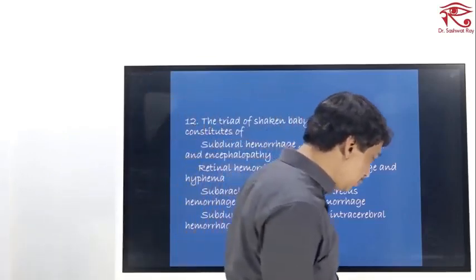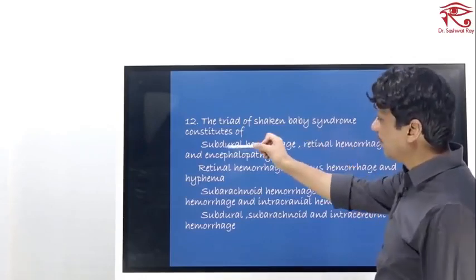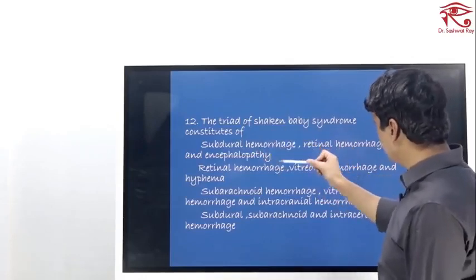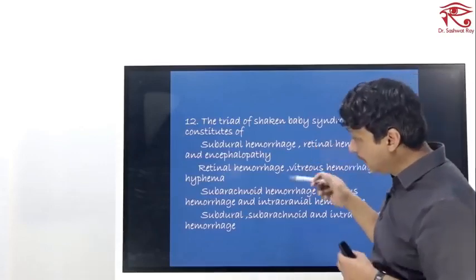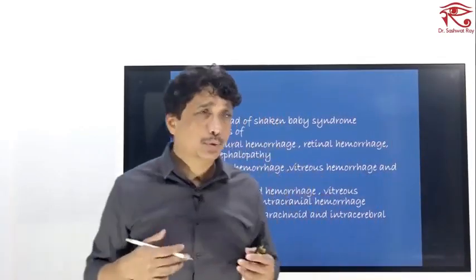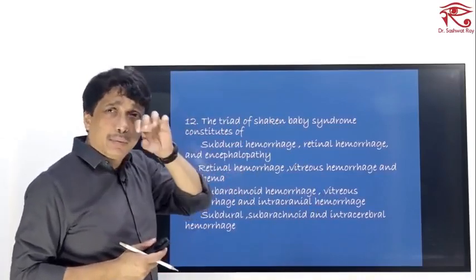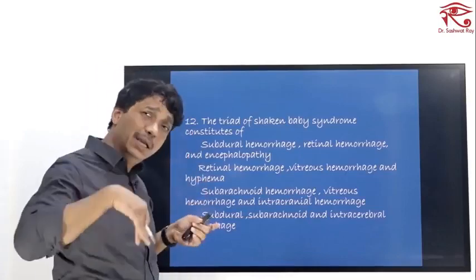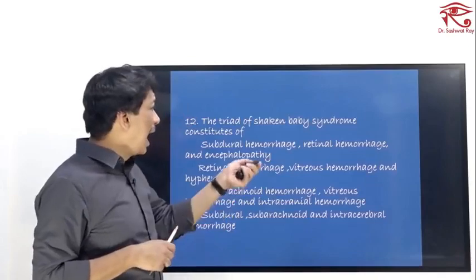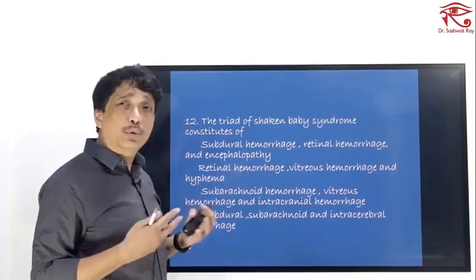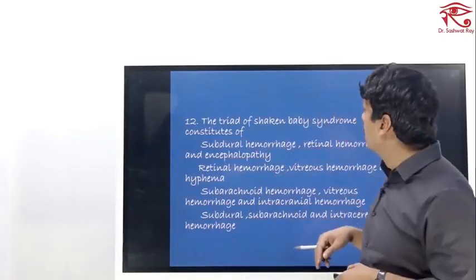Well, as you can make out, most of you, the answer happens to be A, a combination of subdural hemorrhage, retinal hemorrhage, and encephalopathy. The retinal hemorrhage particularly is what we see as ophthalmologists, because they don't come to us for subdural hemorrhage. Children have delicate bridging veins, remember, so easily when they are hit, they rupture and cause subdural hemorrhage rather than subarachnoid. And retinal hemorrhages, typically massive, are so typically seen in shaken baby